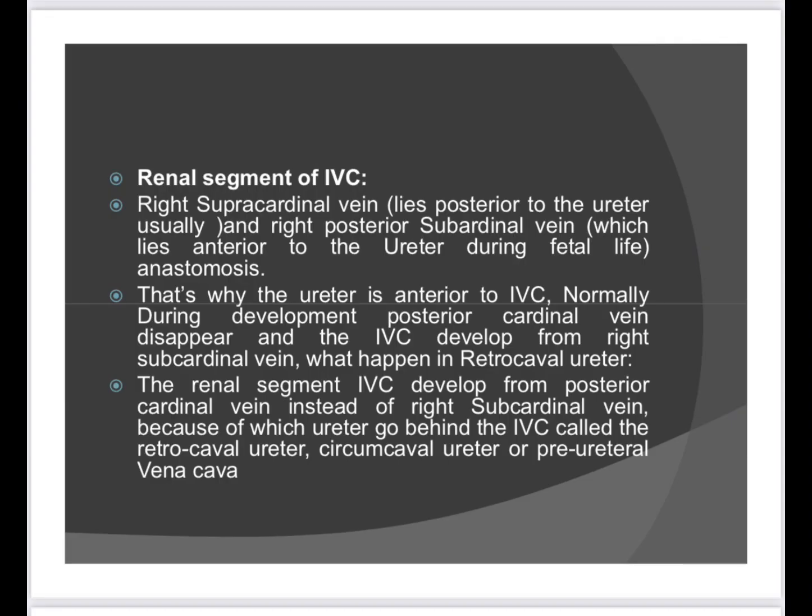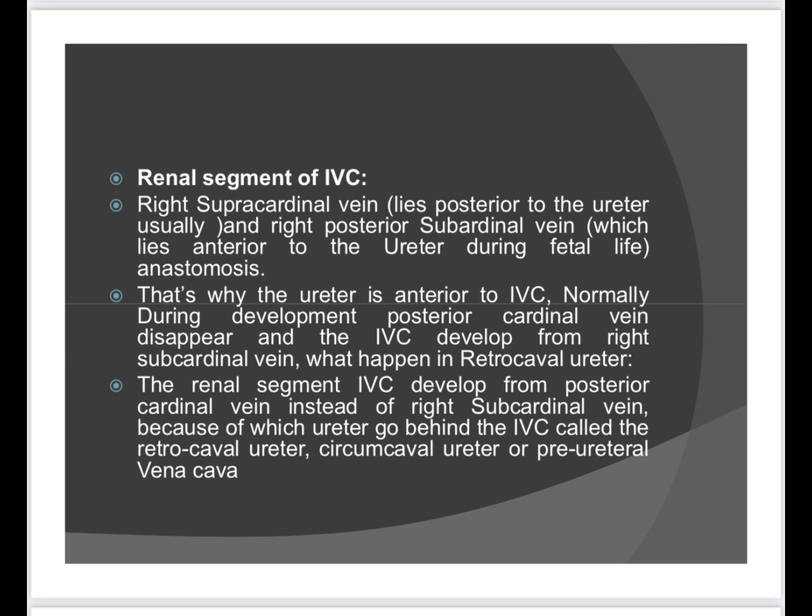Now the next portion is the renal segment of the IVC, and this renal segment is important. It is actually developing from the right supracardinal vein, and this is normally present